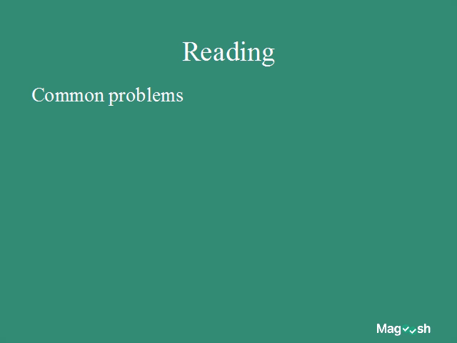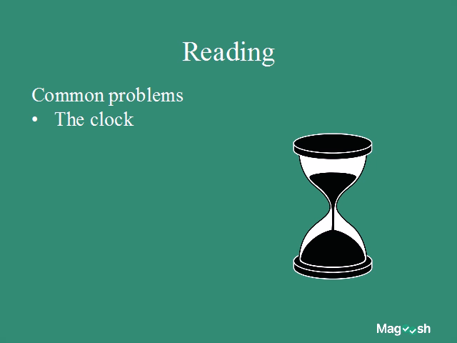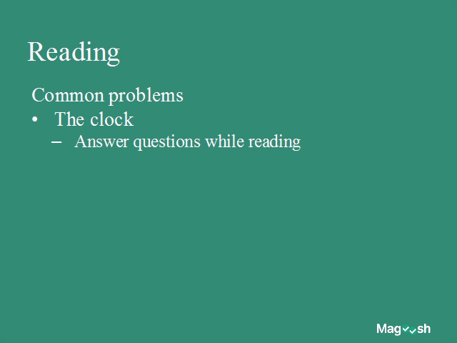The most common problems that people have, the first one is the timing. The clock causes a big problem because 20 minutes to read a long text and then answer 14 questions is not a lot of time. You need to really budget your time carefully. Many students find that they only have 5 minutes left when they reach the last passage, and 5 minutes is not enough time.